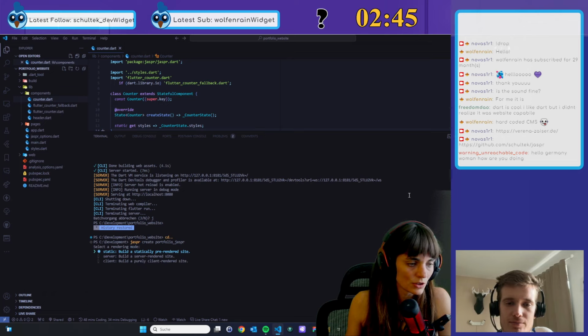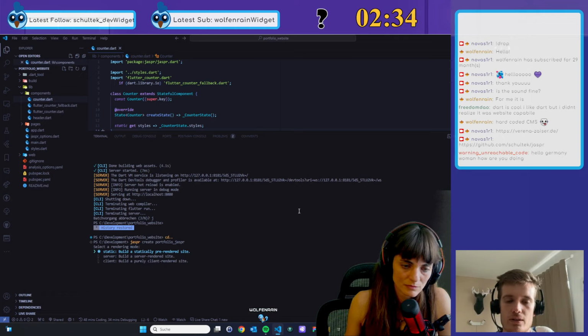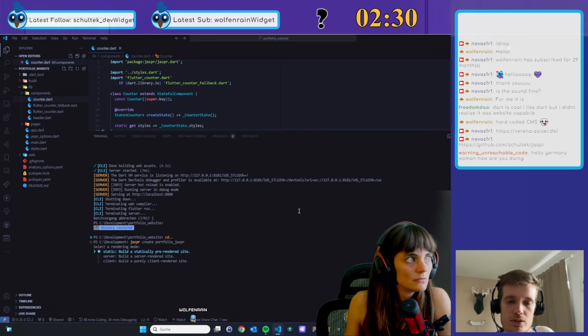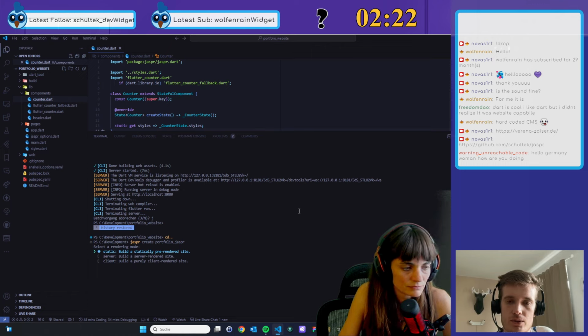Also, when you use server mode, you have an actual server executable that you need to host somewhere, maybe in a Docker container. So the setup and deployment are more work than a static site, which is just HTML, CSS, and JavaScript files that you can put on any web host.